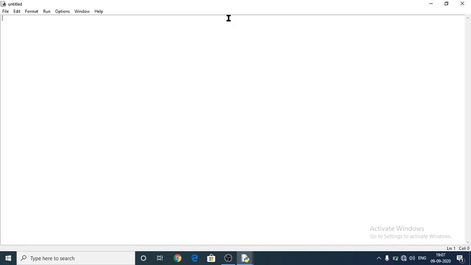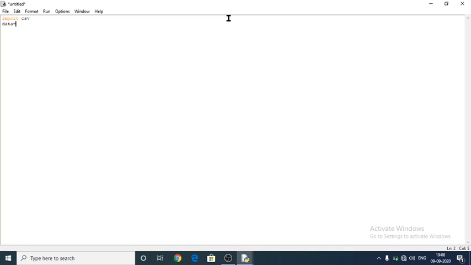That is what we are going to give here, and for that I am going to give import csv, and afterwards data.